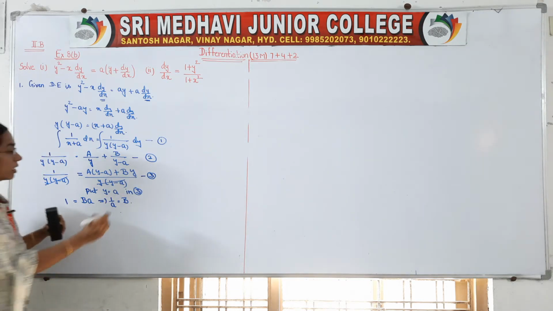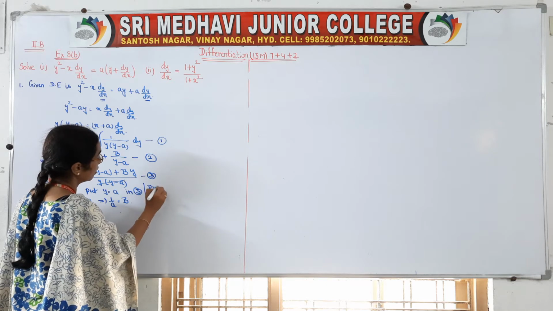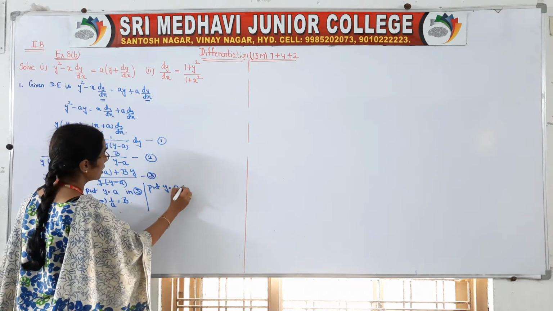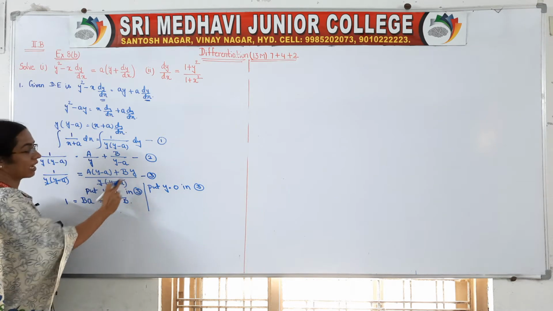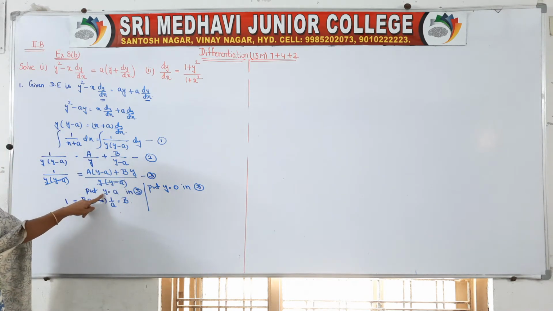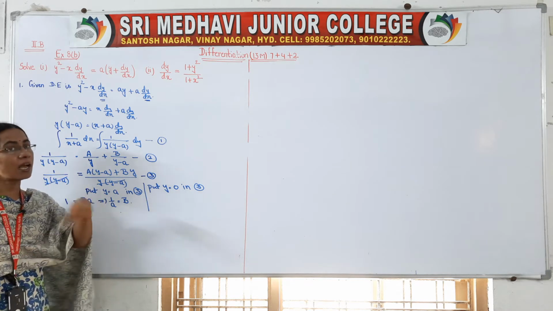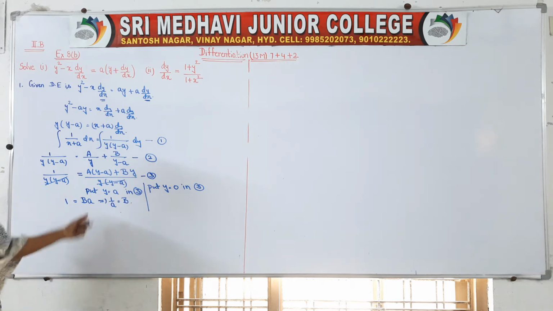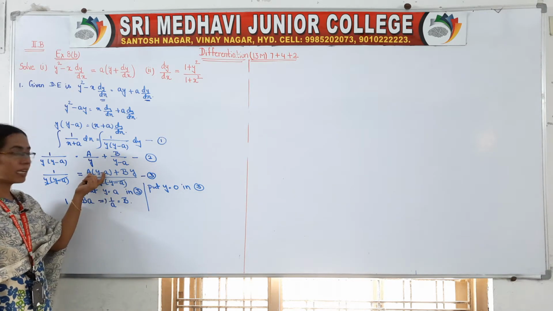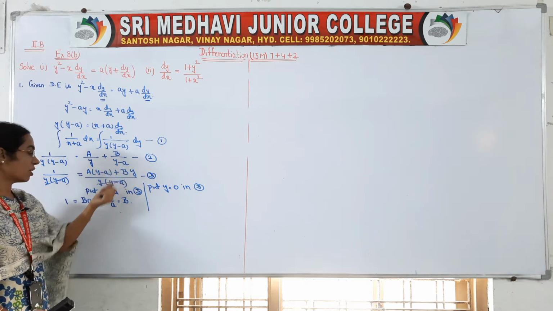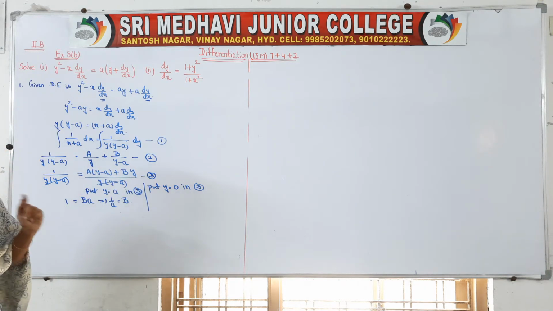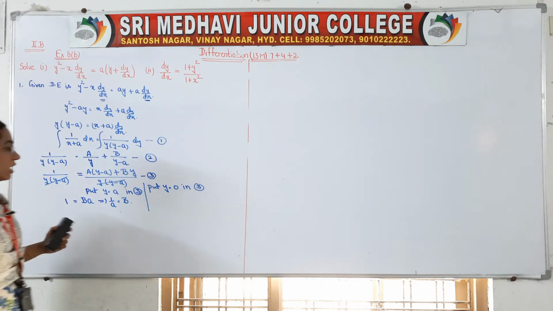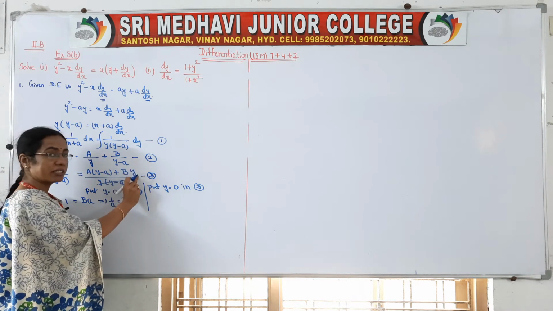Similarly, put y is equal to 0 in the third equation. So what happens? This will get cancelled. Actually, we have to take y values in such a manner that one term should cancel and another term we should get. See, if we substitute y is equal to a, this a term will get cancelled and you got your b value. Now our b term should cancel. Like that we have to select our y value. That's why I have taken y is equal to 0.